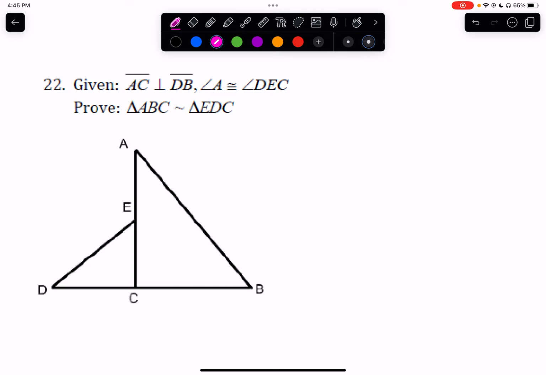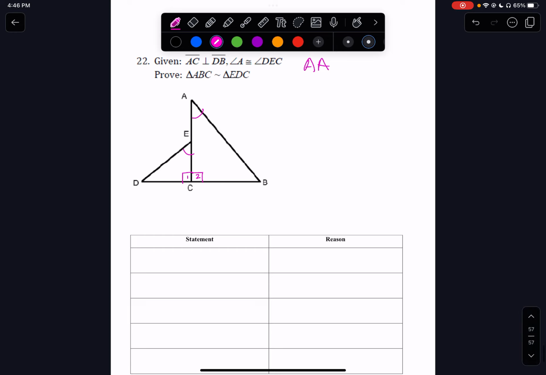Last one of the review is a proof. So given that we have perpendicular lines and a pair of congruent angles, prove the triangles are similar. So we're going to use angle, angle. AC is perpendicular to DB, so AC and DB form a right angle in both of these triangles. And then angle A is congruent to angle DEC. So all we need to do